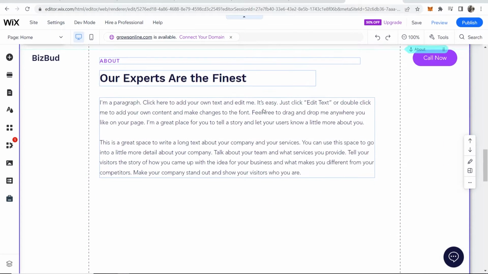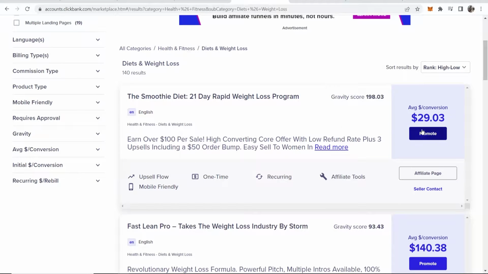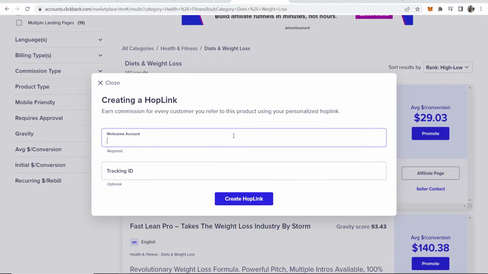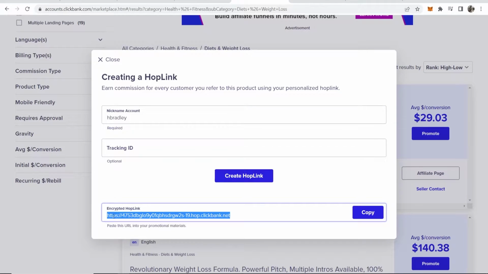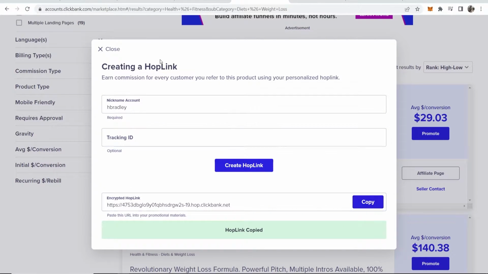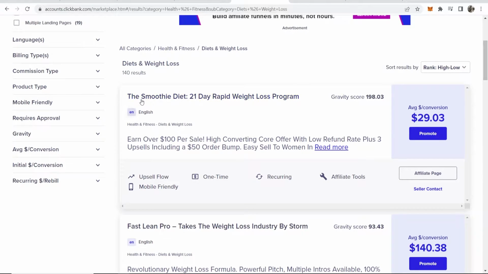Mine's just an example, but we'll pretend this text here is talking about a specific product. Now you will go to ClickBank, find that product, and you can then click Promote. Enter in your nickname, which is going to be your ClickBank username, then create hop link. Now this link here is going to be your unique affiliate link to this product, which in my case, I'll just copy. And in my case, this will go to the Smoothie Diet, which is a 21-day rapid weight loss